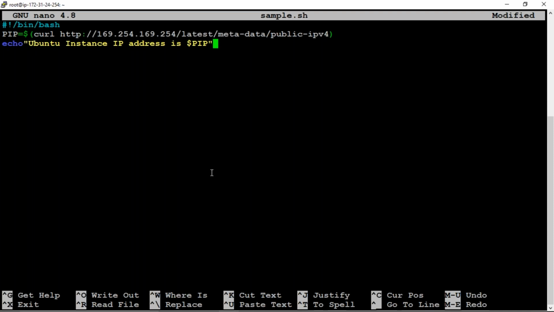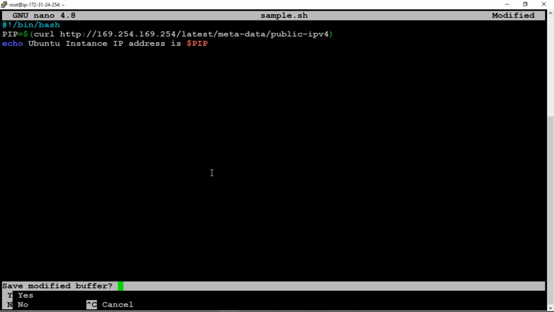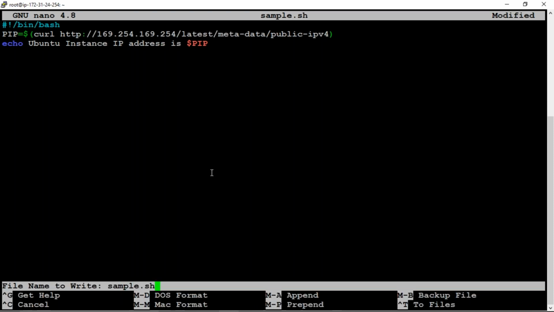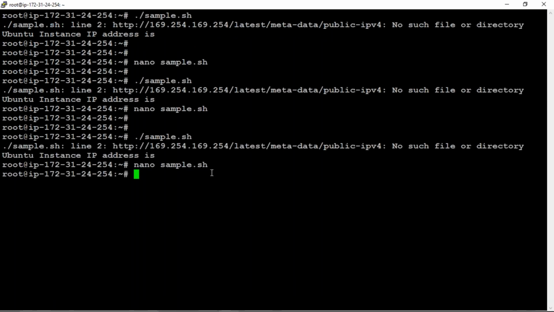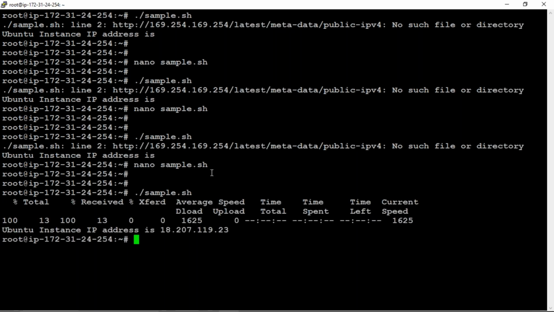So it's not taking. Now try to execute this one. How to exit? Press Ctrl X, press Y, and hit enter. Now execute that again. $./sample.sh. So did we get the IP address?